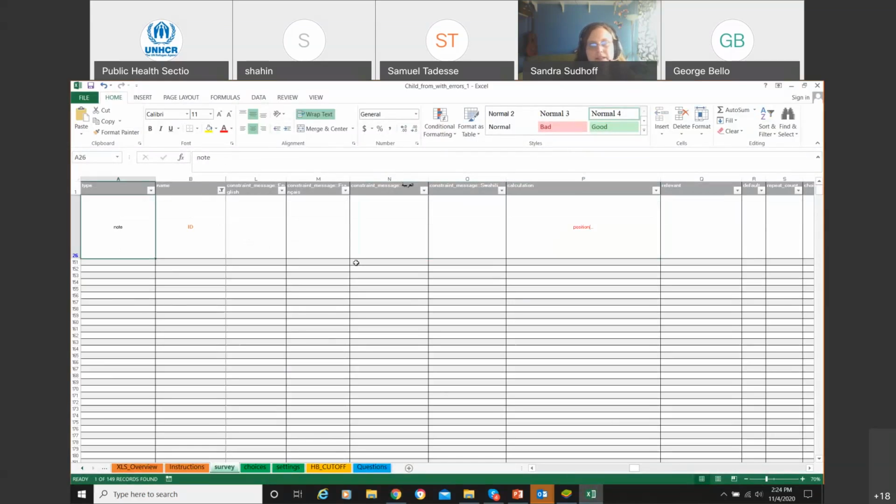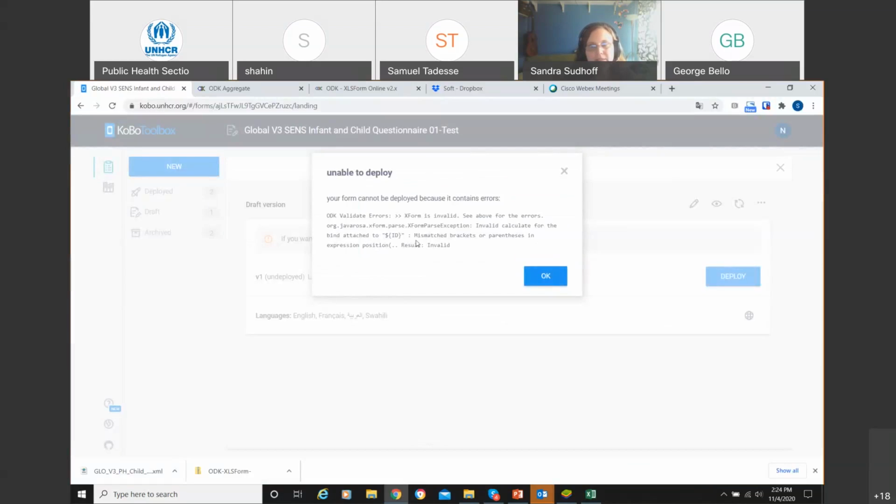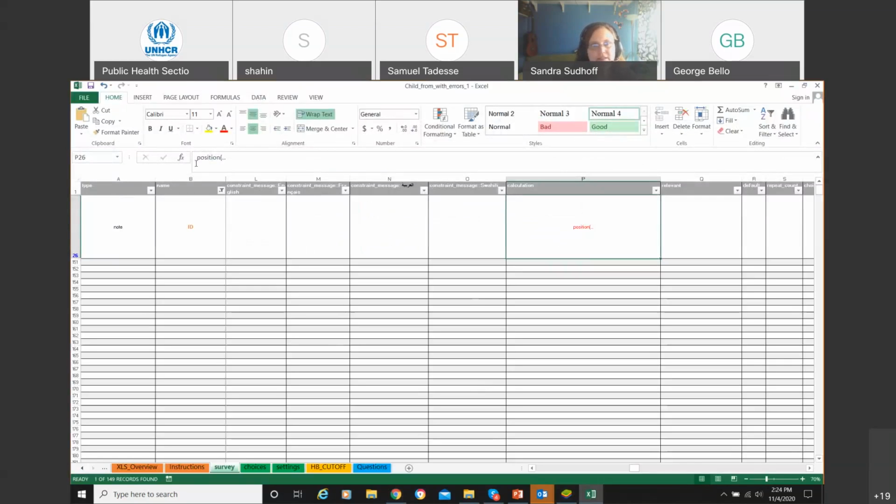And as you can see here, the other error was, let me go back, mismatched brackets or parentheses in the expression position, bracket dot dot. So if I now go back to my form, you can actually see here, yes, this is bracket dot dot, but of course, in order for that to be right, you actually need to have a dot on a bracket on both sides. Otherwise, you have only an opening bracket, but not a closing one. So I could now try and save